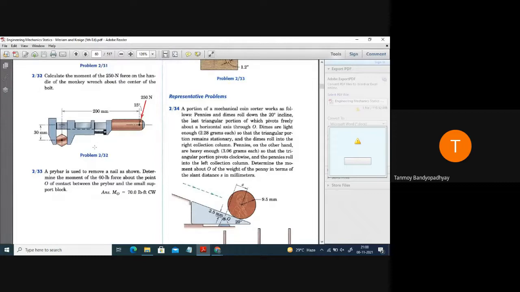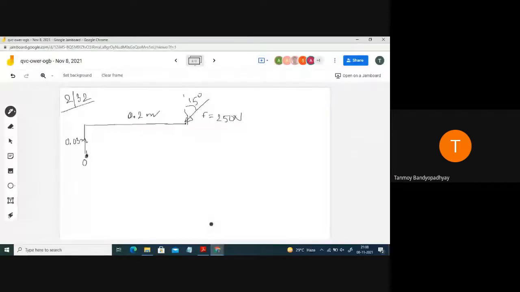So in this case, just at the center of the board, this is the volt actually. At the center of the board, you have to calculate what is the moment of the force. So this point itself, we can take it as the origin, just like the last one I have discussed. Wherever is the point you need to calculate the moment, take that point as the origin. So this point I am taking as the origin.